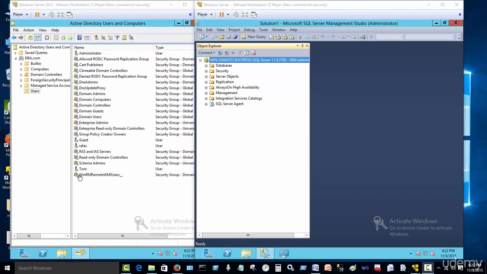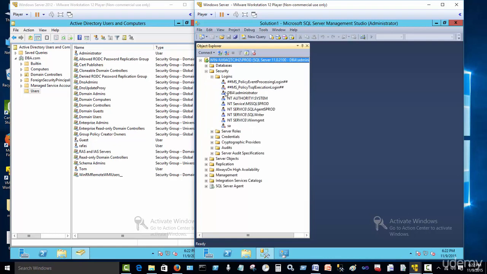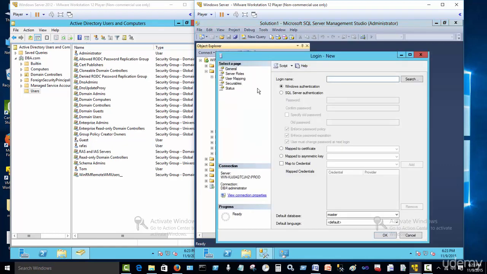So as you can see here, this is my Active Directory with the users, and I do not have a user or a login called Mary. So I'm going to bypass the Active Directory and go directly to the SQL Server. I'm going to go to Security, and if I click on Logins, again you'll see that I do not have a login called Mary. So I'm going to right-click, New Login, and this time I'm going to select SQL